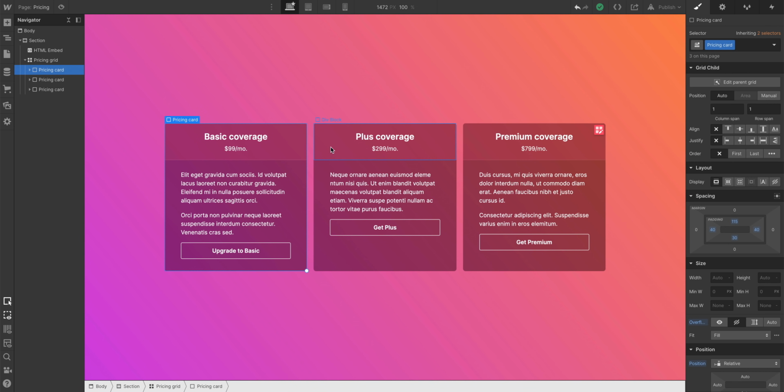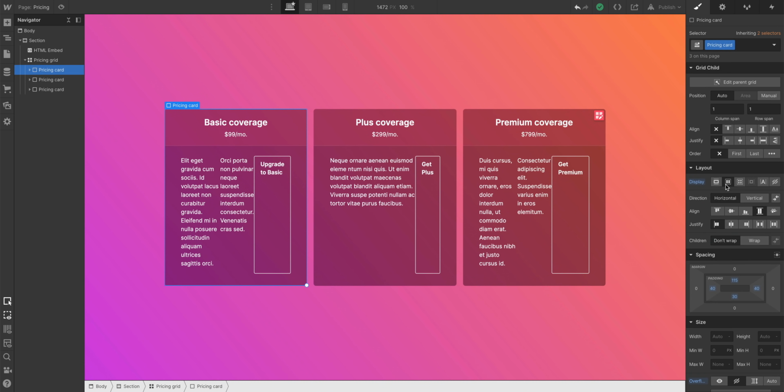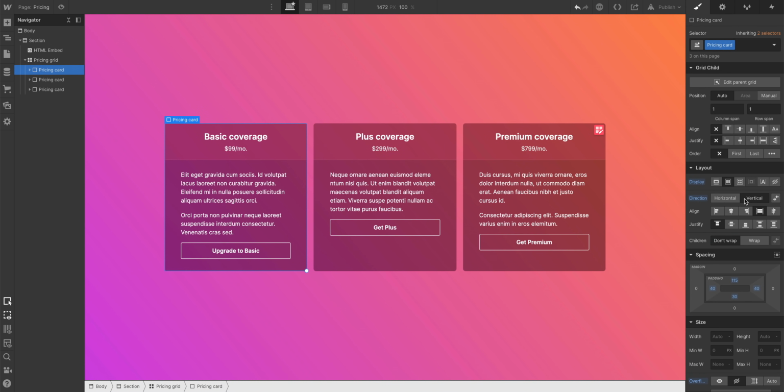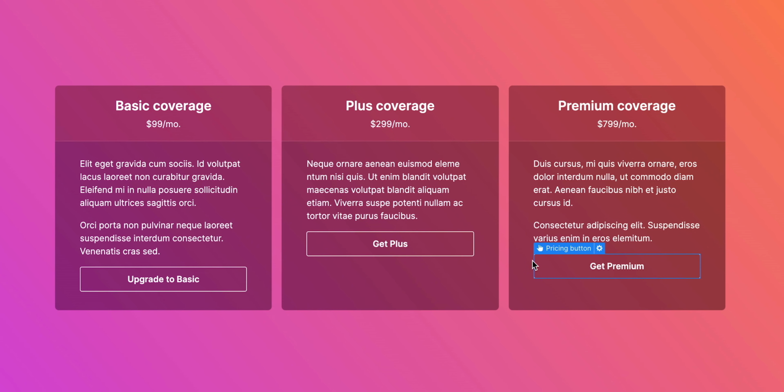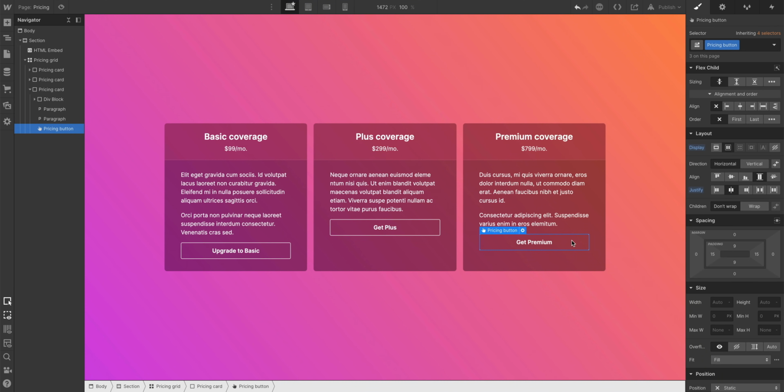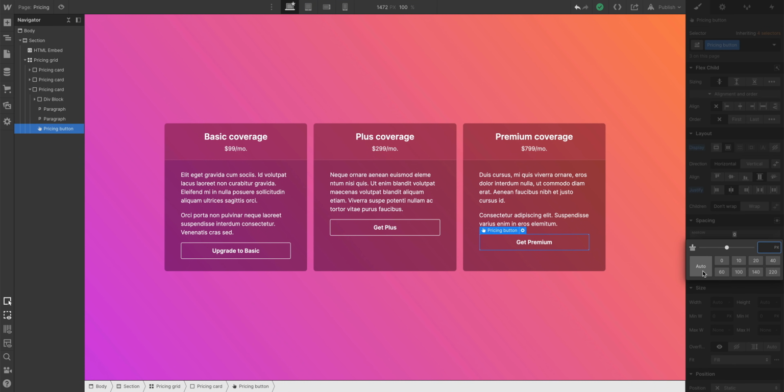They're all using the same class, by the way. We can set them to flex. It's horrible, but let's fix that and stack vertically. And what we're really here for is this. Because the cards are flex, we can select a child element, like the buttons here, same class applied to all of our buttons, and we can push them down to the bottom. And to do this, we just set the top margin to auto.